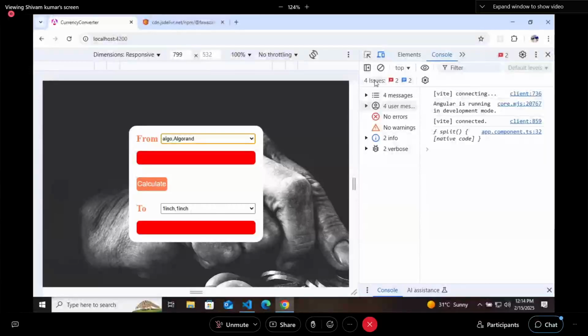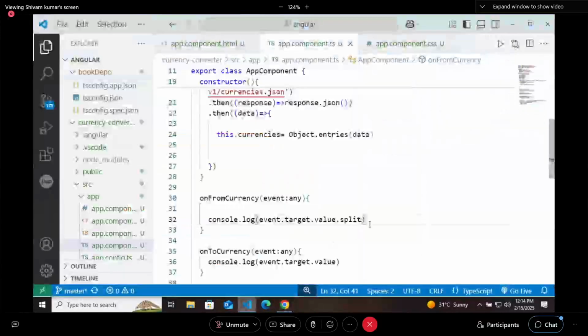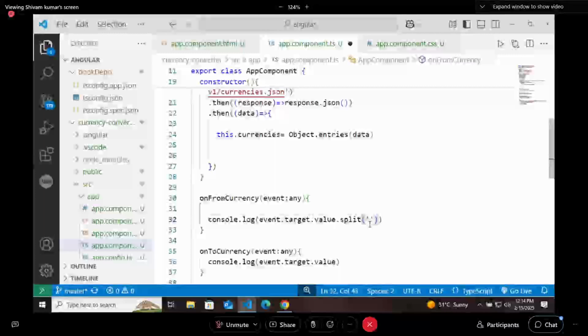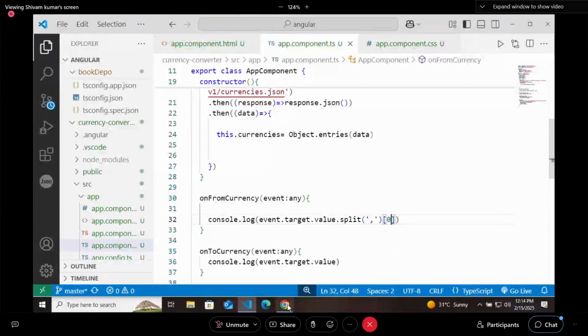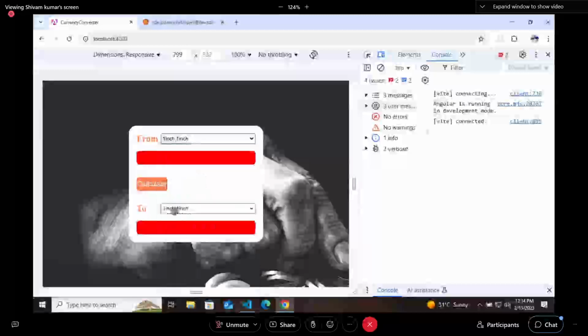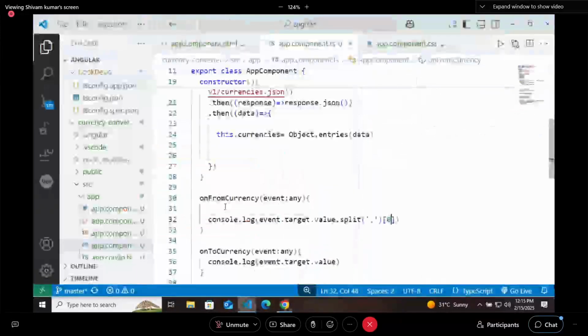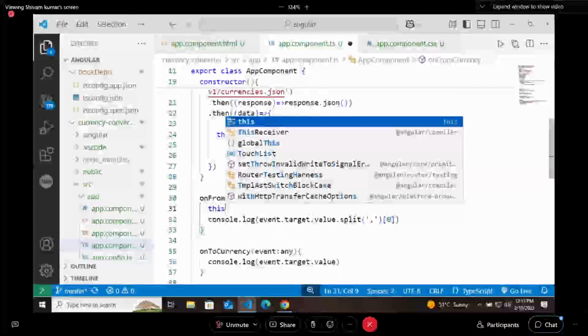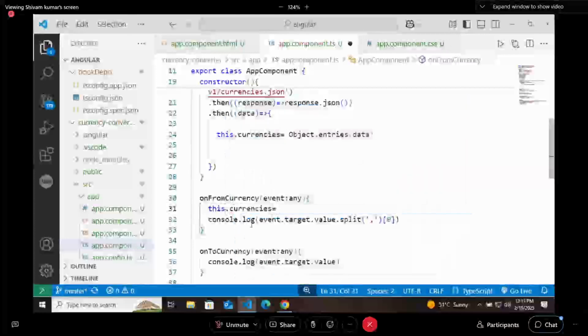Okay. If you are trying to split it with a comma, right? And then if you say it with the zeroth indexing, split with a comma and with the zero indexing. So this is the way. Now you got the logic. Same thing you can set here. So this dot currencies is equal to this particular part.